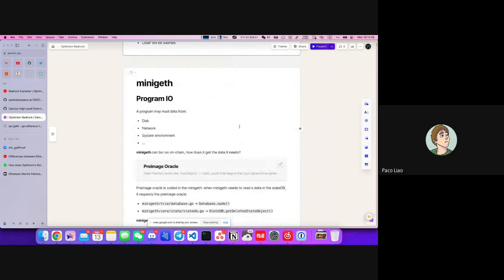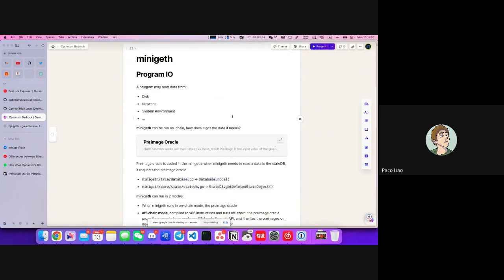And Mini-Geth is very tricky. Mini-Geth is written in Go, and it can be run on-chain, and you can also run it off-chain. And for a program, we need to read data from I/O. Typically, we read data from disk, from the network, and from system environments, etc. But if Mini-Geth is running on-chain, how does it get the data it needs? For example, if Mini-Geth needs to read data on disk,